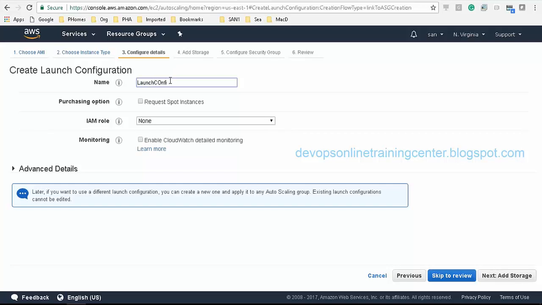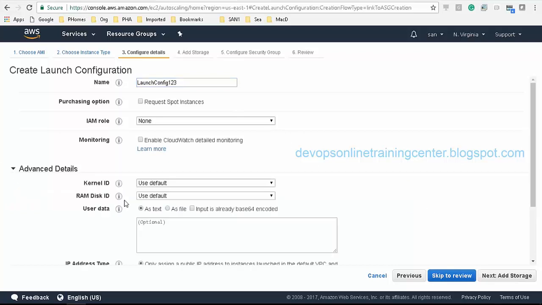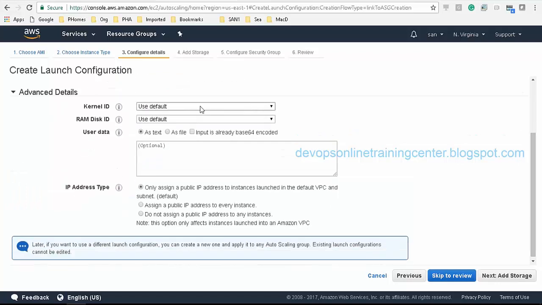Launch config 1, 2, 3. So here we can define, I think we have already seen this, right? So let us say I want to do some automatic provisioning, in the sense even before the instance comes up, I want to install some packages and make the machine up and running.